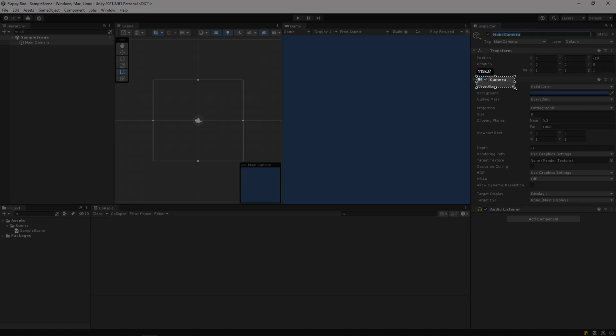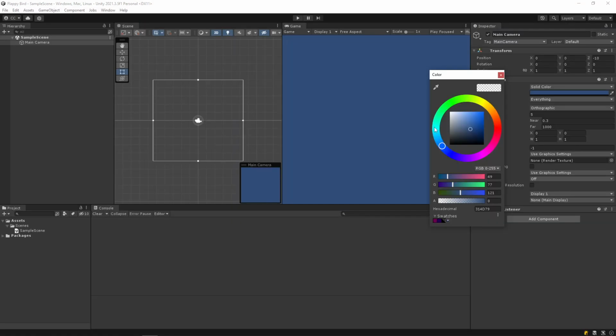So I want you to, as an example, just to get a little bit familiar with this, select the main camera, and in this background section, click on that color and a color wheel will appear, and just make it the background whatever color you want. This is a good way to make it so that your game stands out from other people really quickly. And that Game Jam game I just mentioned a bit ago, I had this color as an accent color, so I'm going to keep it at that.